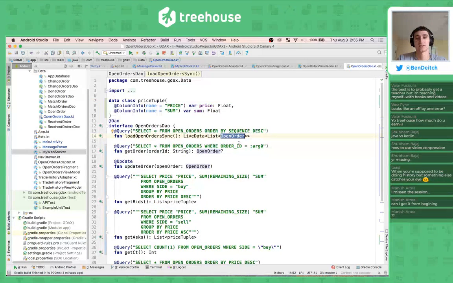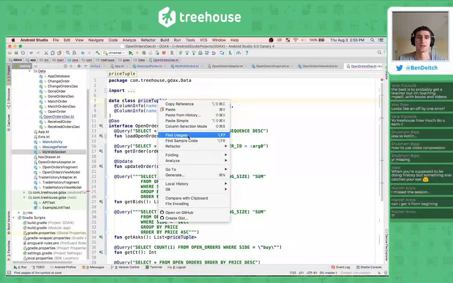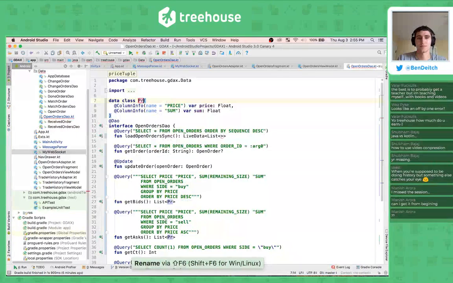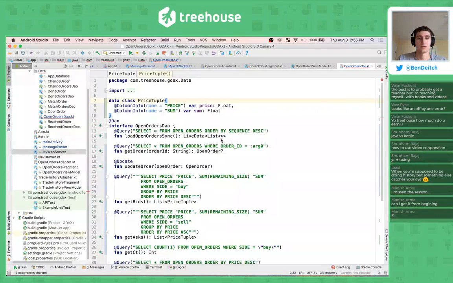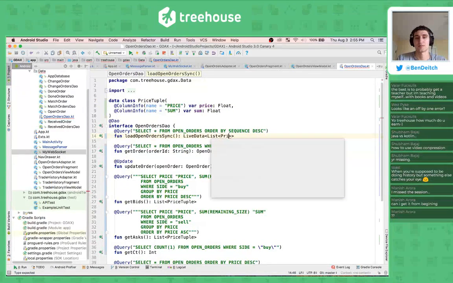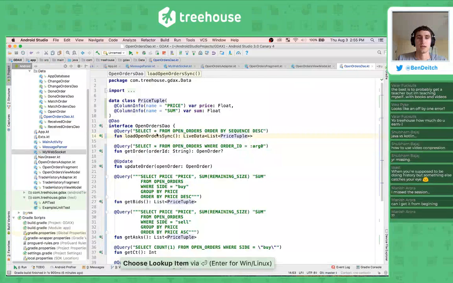So let's do a live data list of price tuples, which this is a class, we should capitalize that. Price tuple. Yeah, rename it. And then we want a list of price tuples for this. And this is going to be